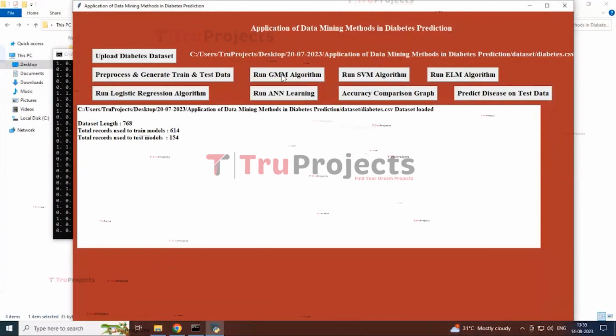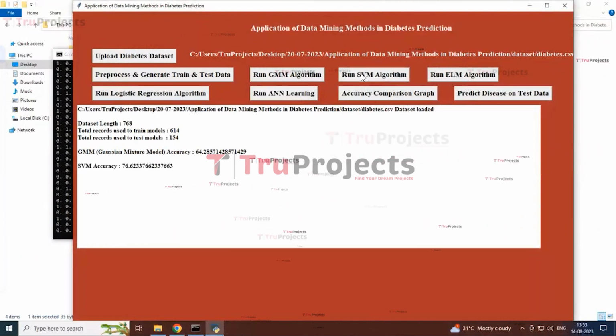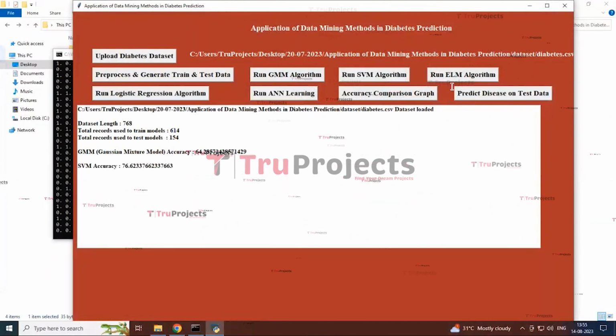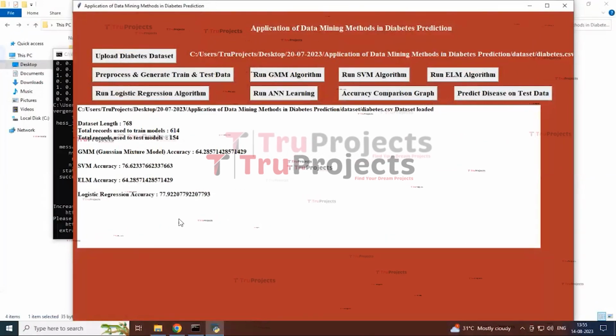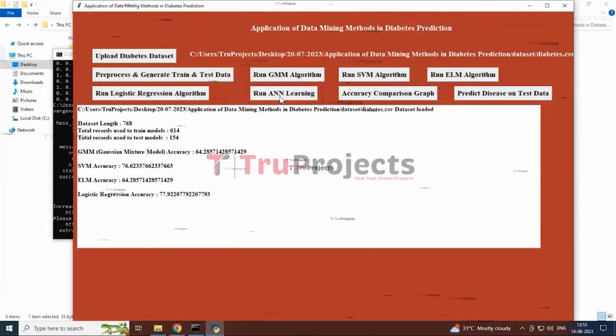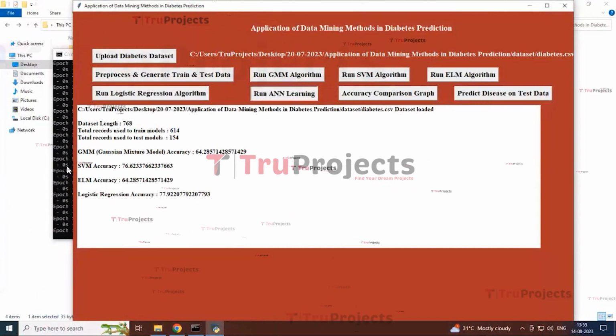Now click on run Gaussian mixture model. By clicking this button, you can see the accuracy of the Gaussian mixture model which was built and also tested with the test data. Now click on run support vector machine algorithm. So you can see the support vector machine accuracy, and now click on run extreme machine learning model. You can see the accuracy, and run logistic regression model. Logistic regression model's accuracy, and click on the button run ANN algorithm, and you can see in the back console